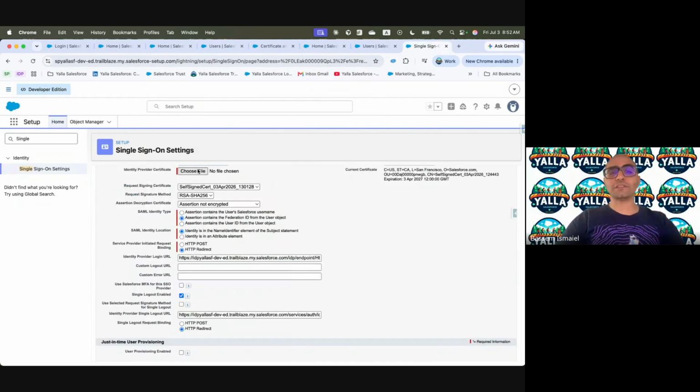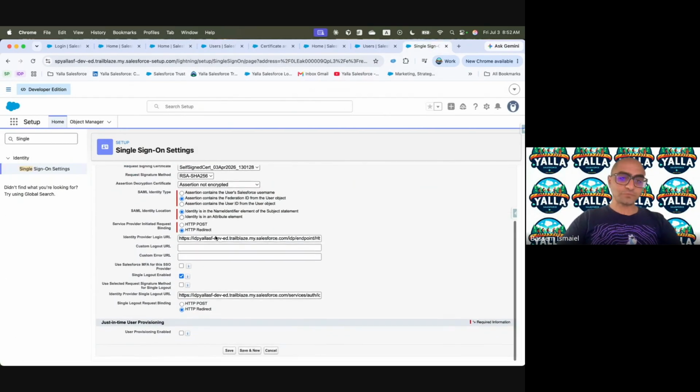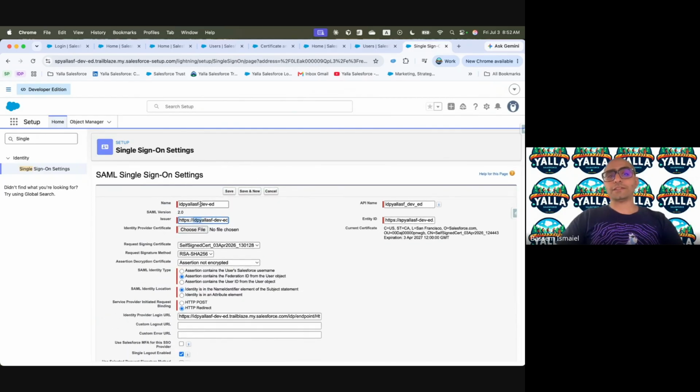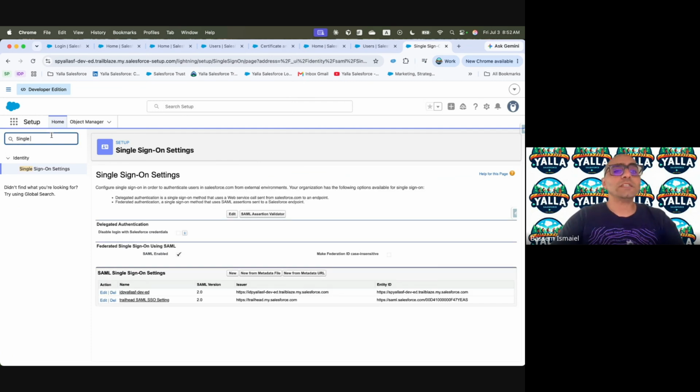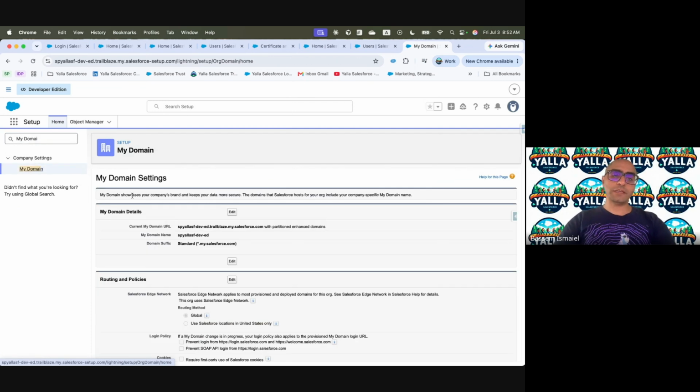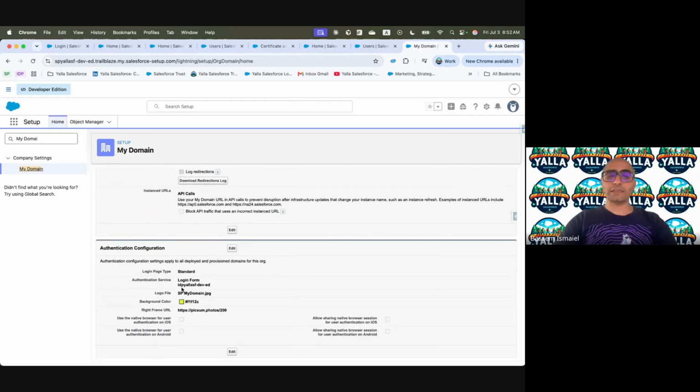That's fantastic. So this is the single sign-on screen. And we did that. We put in here the URLs, we put the metadata, we put the certificate, we identified that we will be exchanging this identity type using the Federation ID, not the username, and we just hit save. The last piece was to go to My Domain. And within My Domain, in here, I am just saying use the identity provider, which we just defined, as a way of login.